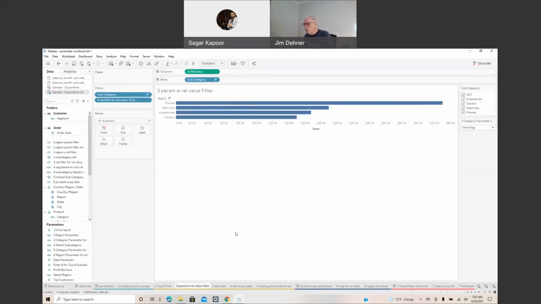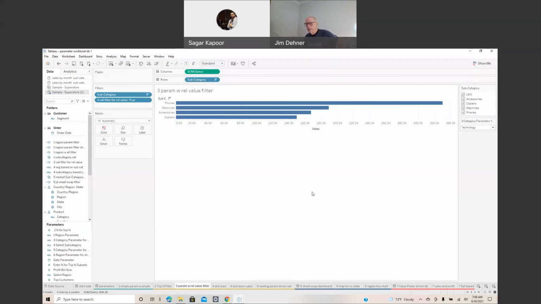Very often we'll get a user who wants to use the parameter, and what they'd really like to do is nest 2 parameters together. What they'd like is to be able to select a value in a parameter and then have a drop down and select from that subset the next value for the subcategories to show. We can't really do that, but what you can do is set up a parameter, and here we've